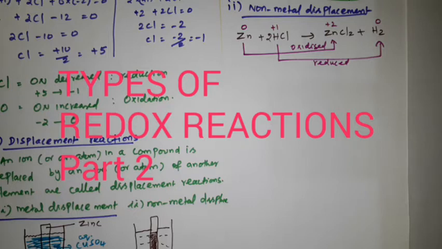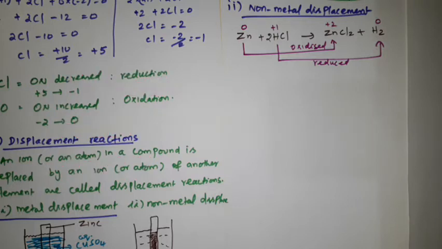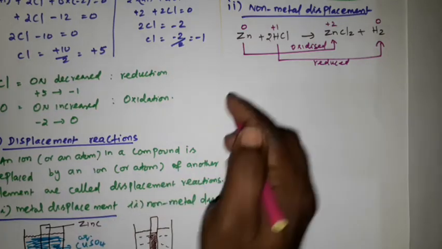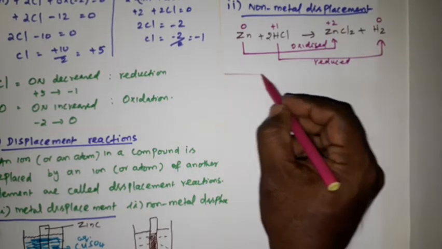So, in the last video, we discussed the types of redox reactions. There are 5 types. Out of the 5 types, we discussed 3 types in the previous video. The remaining 2 types we are going to discuss here. So, the 5 types are: one is combination reactions, another one is